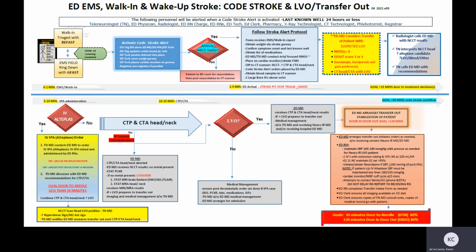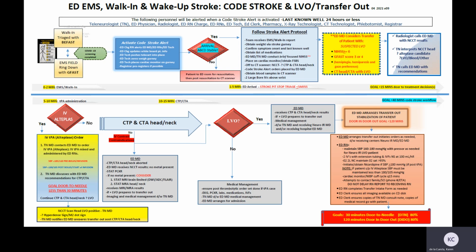The other consideration is, and I'm on the gray box here below the blue arrow, the ED MD receives non-contrast CT results of the head. There's no metal in the head. Now, the other option, and I performed this through our standardized workflow at the Comprehensive Stroke Center, was then we would obtain a STAT portable chest X-ray. We're looking for metal, right? So if there's no metal in the head, there's no metal in the chest, we could consider a STAT, if we have a tech, STAT MRI of the brain, and that would be limited sequence,